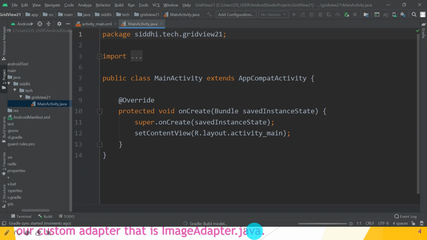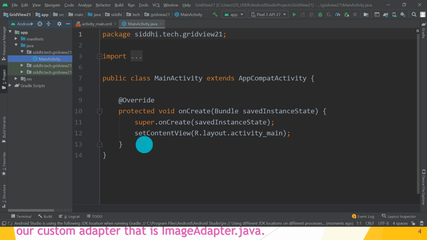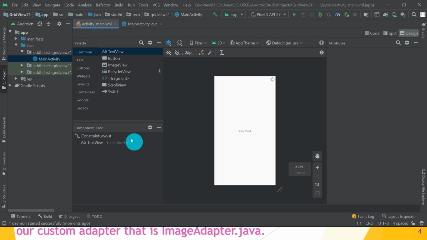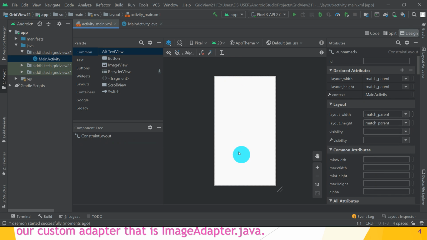Great. So Gradle building is going on. Wait for some time to configure, and the Gradle build is successful. Then open your activity XML file. Then delete the text view from your XML file. What do we have to do next? Next, choose the Legacy tag.